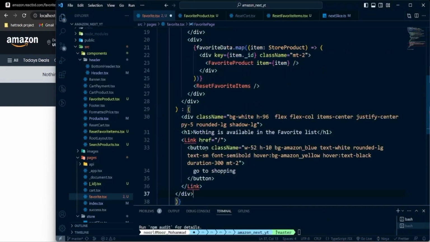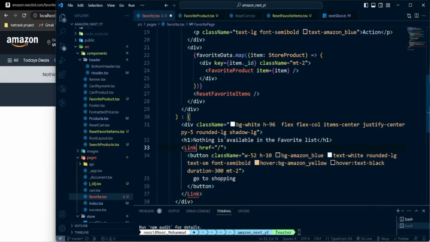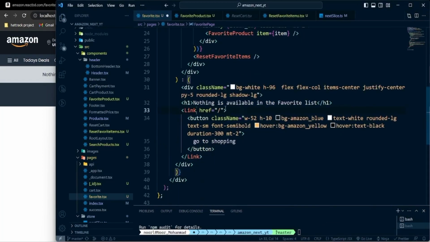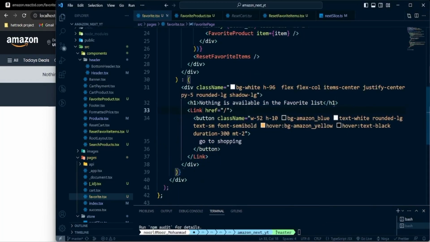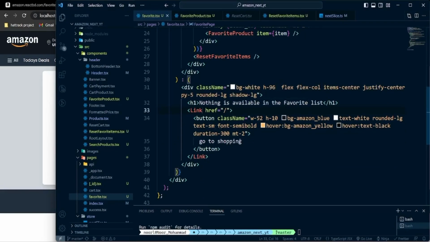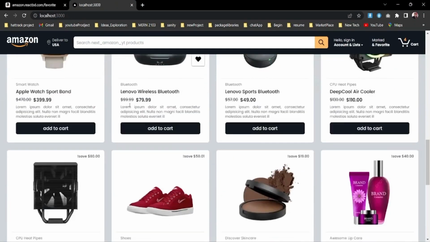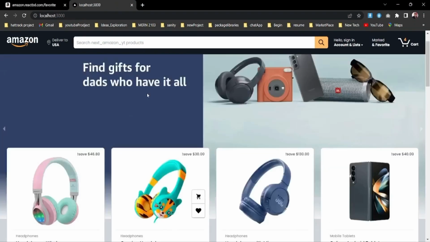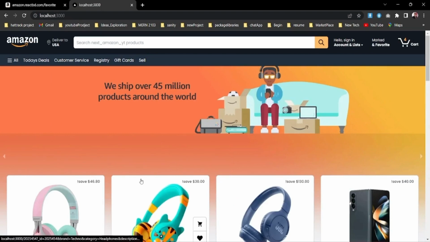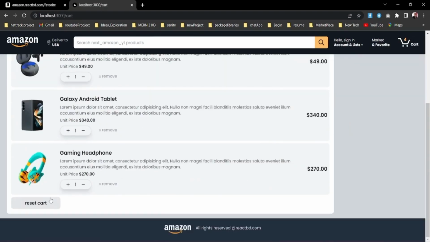So what I'm going to do is pop up those items over here. We're going to pop up an h1 tag saying that nothing is available in the favorite list, and also we're going to have a button, and that button will link us back to the home page. So now we have that page available. So what we have created so far, let's just clear our